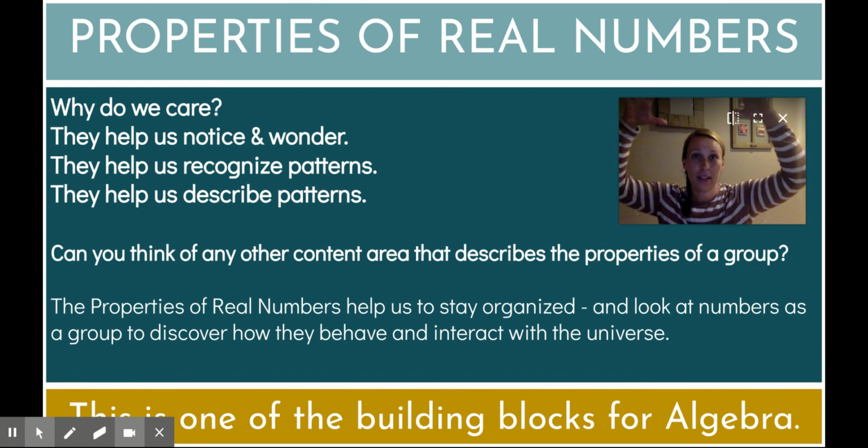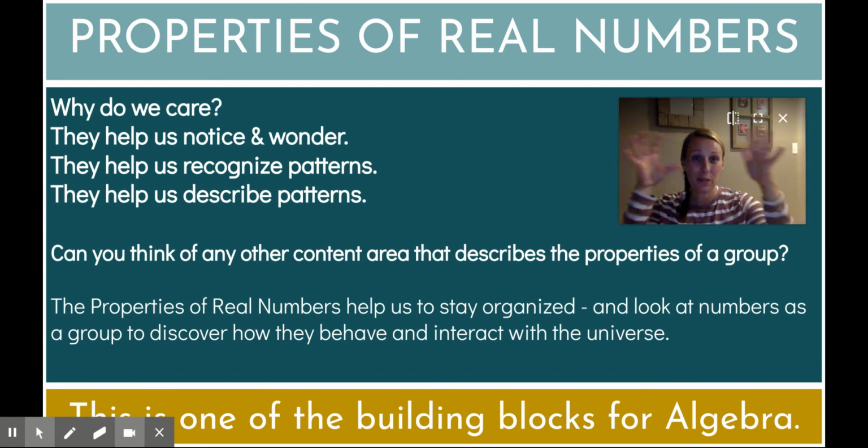So it's kind of like this umbrella system again, right? Once we can classify different numbers, then we can look specifically at a group of numbers in its classification set, and we can discover what things are true about that group. Scientists do this a lot, and there are different ways that we classify things in science, and once they're classified, we can take it a step further and look at their properties. And so numbers are the same way.